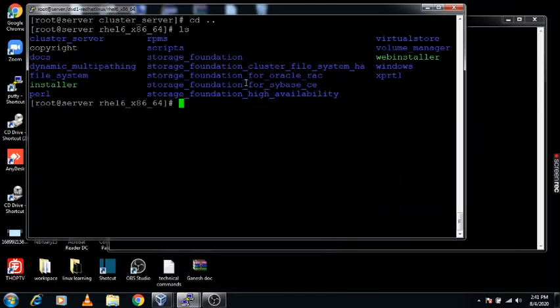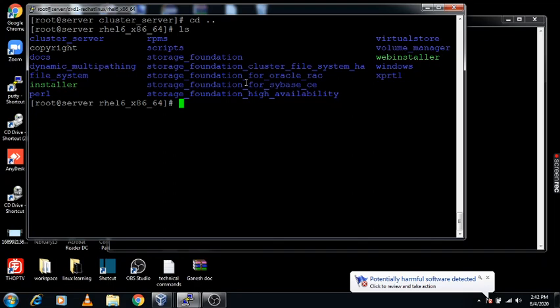Myself Ganesh. Today we are talking about the Veritas Cluster Server. Whenever we are talking about this Veritas cluster, there are active and passive nodes that need to be installed on the servers. When any application is deployed in your environment, we always need to keep it in a safe mode, because if any server goes down, the application needs to run on another node. That means your application services need to fail over or switch over from one server to another server.